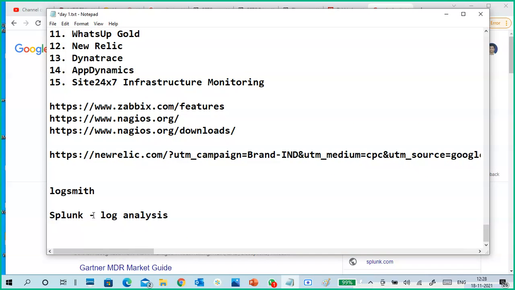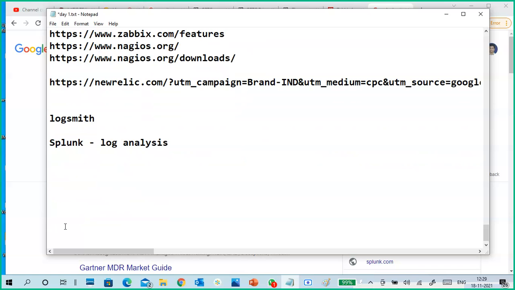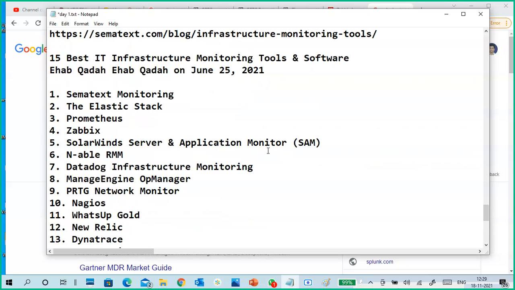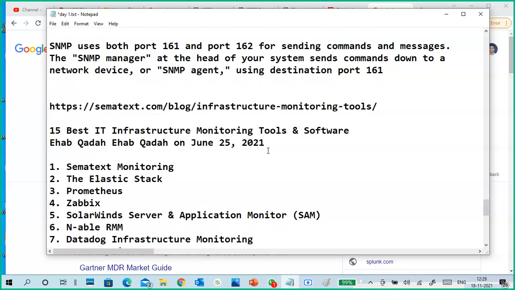Many things happen in your infrastructure, like a server going down, server up and running, logins, logouts, disk connections, disconnections, data transmission, slow data transmission, high speed data transmission, anything. Logs are created across the entire infrastructure. Splunk analyzes these logs and predicts what kind of changes are required. This is one of the powerful tools in log management. So guys, this is about monitoring. Different monitoring tools are used in different organizations.